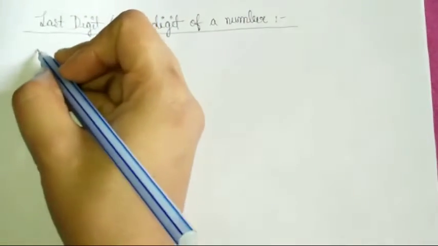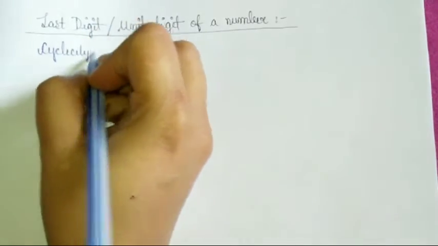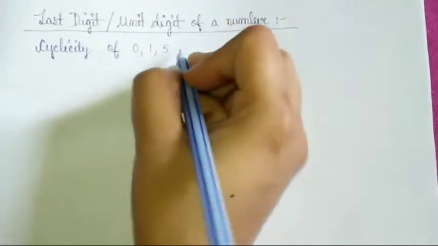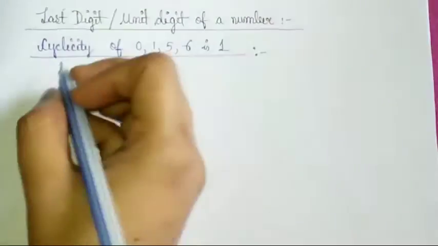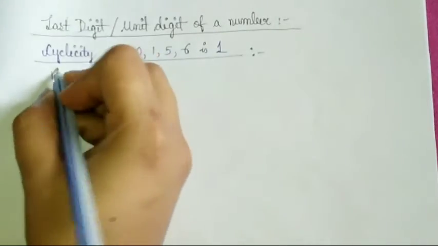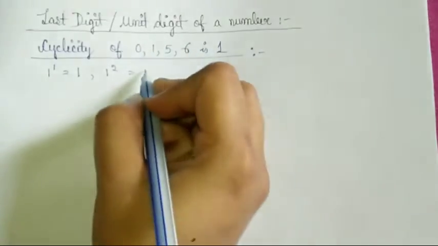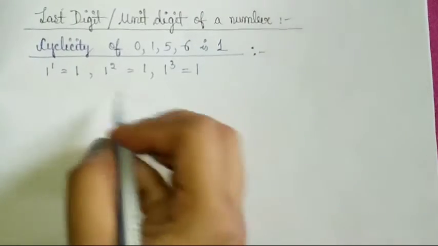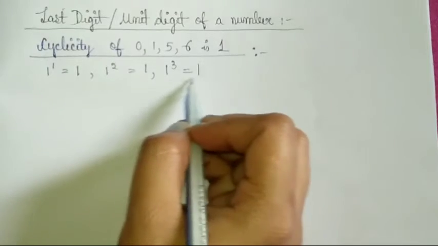So here, first, the cyclicity of the numbers 0, 1, 5, 6 is 1. Because 1 raised to the power 1 is 1. Again, 1 raised to the power 2 is again 1. 1 raised to the power anything will be 1 itself. So its unit digit is going to be 1 only, as it's repeating after each interval, so therefore its cyclicity